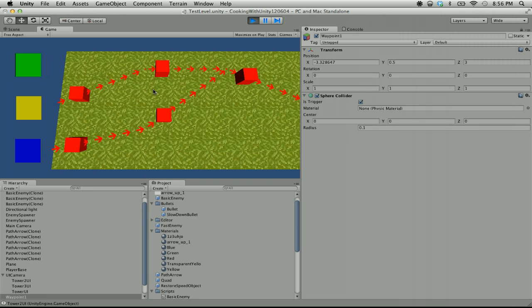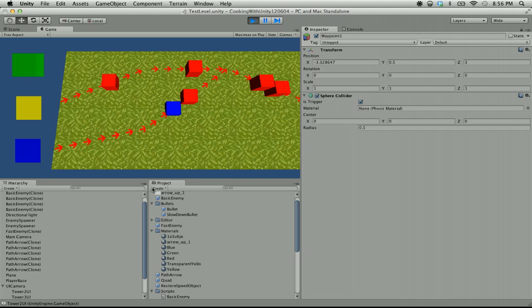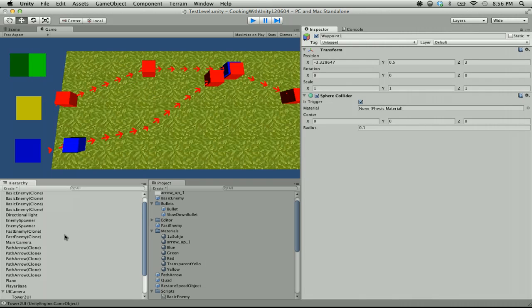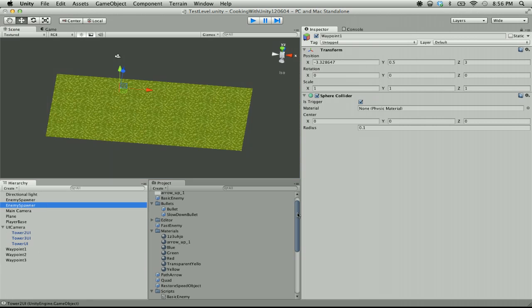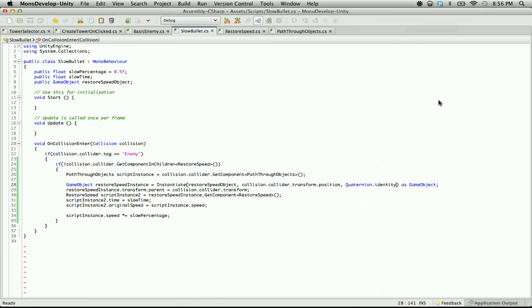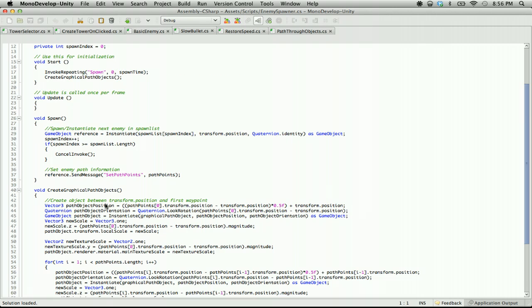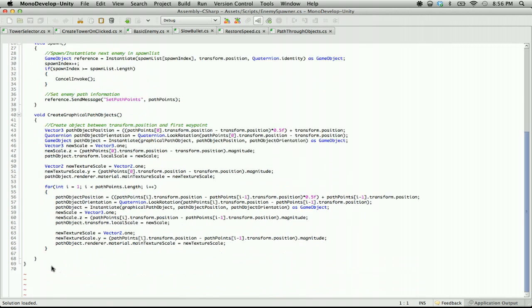4 minutes left. Is there enough time to make that happen? There might be. Let's look at it real quick. So let's look at our enemy spawner script. Enemy spawner. So what we can do here is